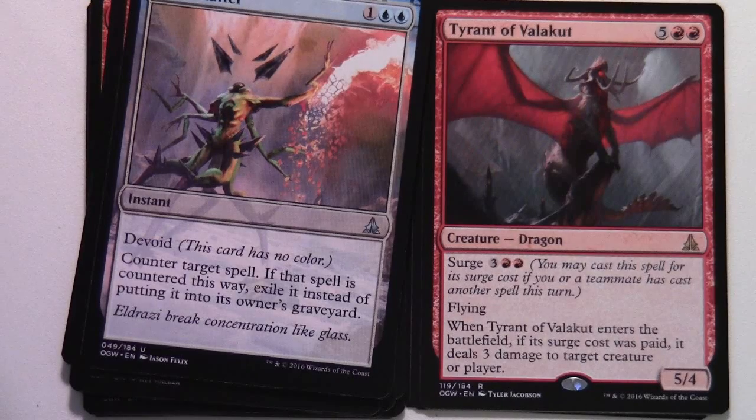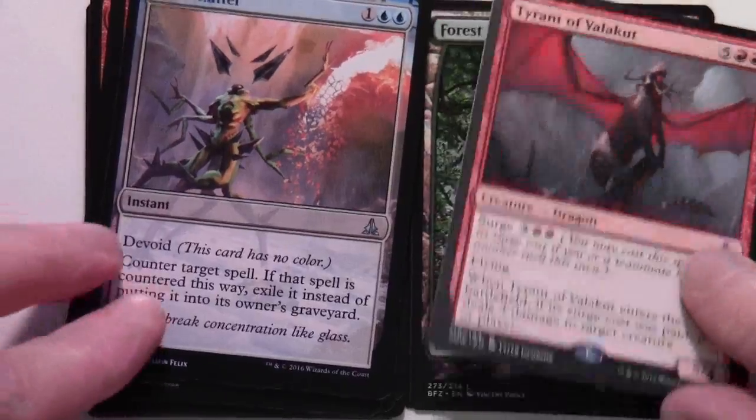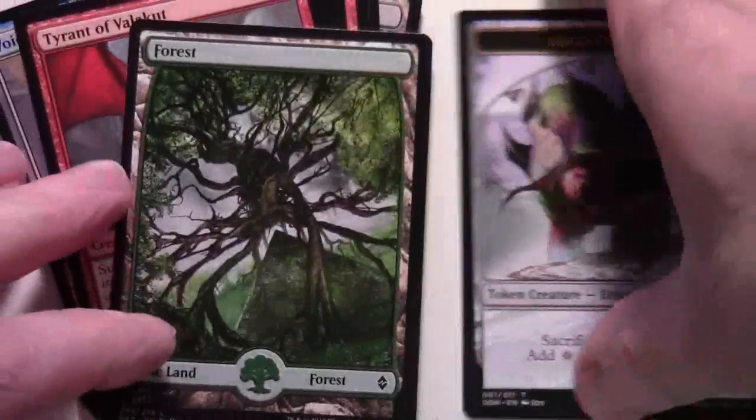It's got flying. When Tyrant of Valakut enters the battlefield, if its surge cost was paid, it deals 3 damage to target creature or player. Forest and an Eldrazi Scion token. Okay, so